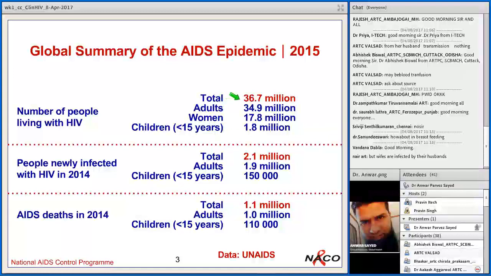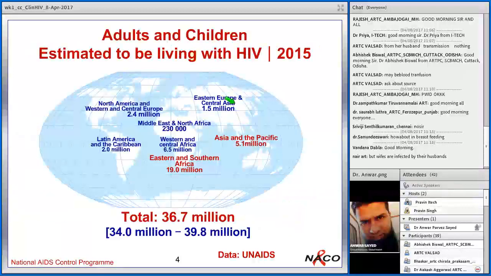If you want to reduce the number of HIV positives, you can do two things: either more people should die, or fewer new infections should happen. Obviously we will not like people to die because of HIV. So the second option to reduce the prevalence of HIV is to reduce new infections. How we reduce new infections is what this whole course is about. We will diagnose people early, put them on treatment, and reduce their viral load so that they transmit infection less. All of that starts with diagnosis of HIV and initial evaluation of the patients. This will be explained in detail in the future slides.